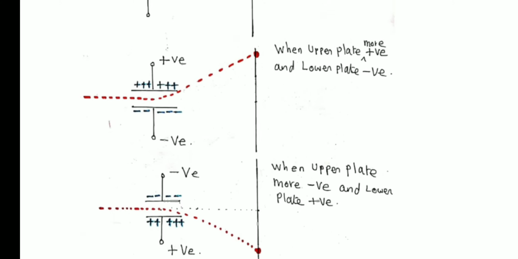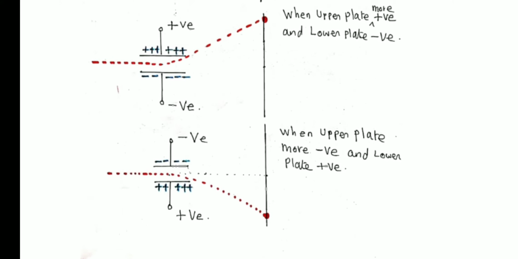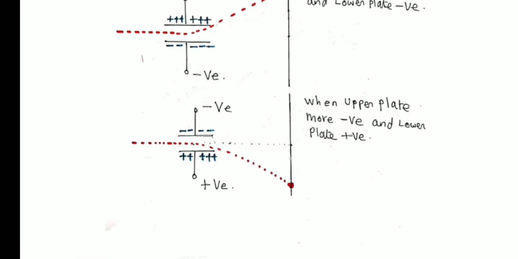And when you connect the voltage across the vertical deflection plates in the reverse manner, that is when upper plate is negative and lower plate is positive, now the positively charged lower plate will attract the electron beam. Hence the luminous spot now from the center will move towards the downward direction. Hence we are able to move the luminous spot up and down by applying the voltage across the vertical deflection plates.